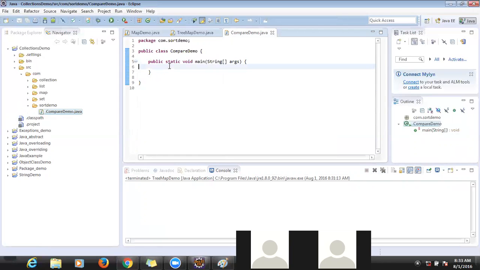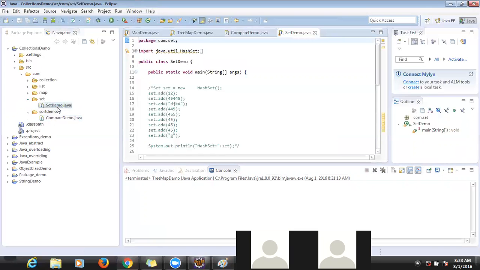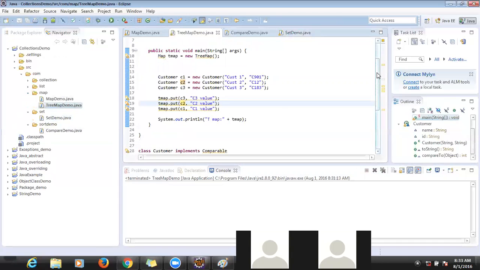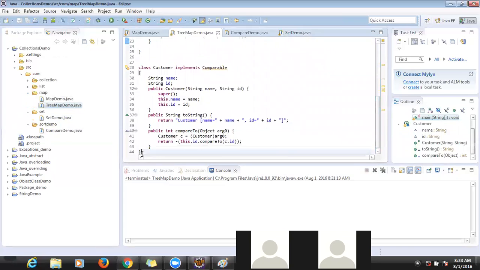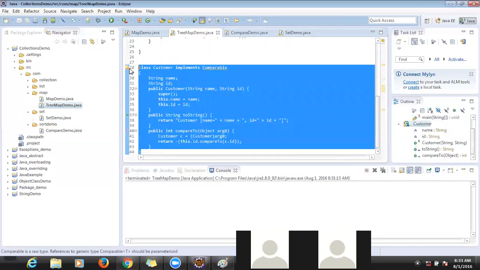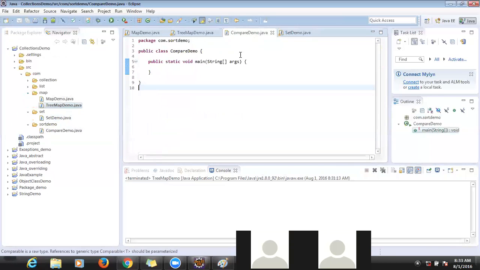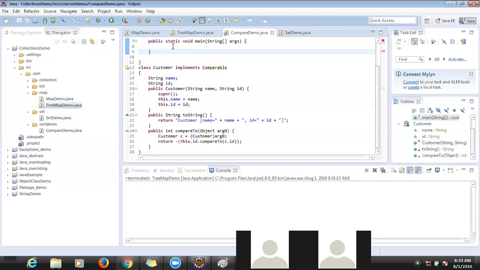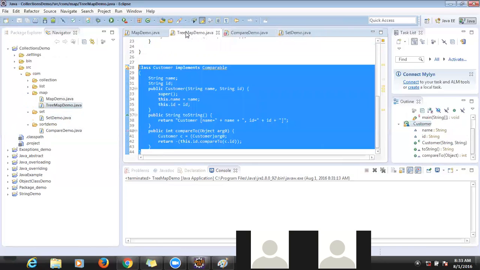Now the next point is, let's suppose I want to create the same student object again. Let me copy the student. Where is it created? Yes, here, right? Tree map. So this is the student object. Customer object. So I will use the same customer object. Now this is a simple customer object, and I want to create 10 customer objects and add them into a list.